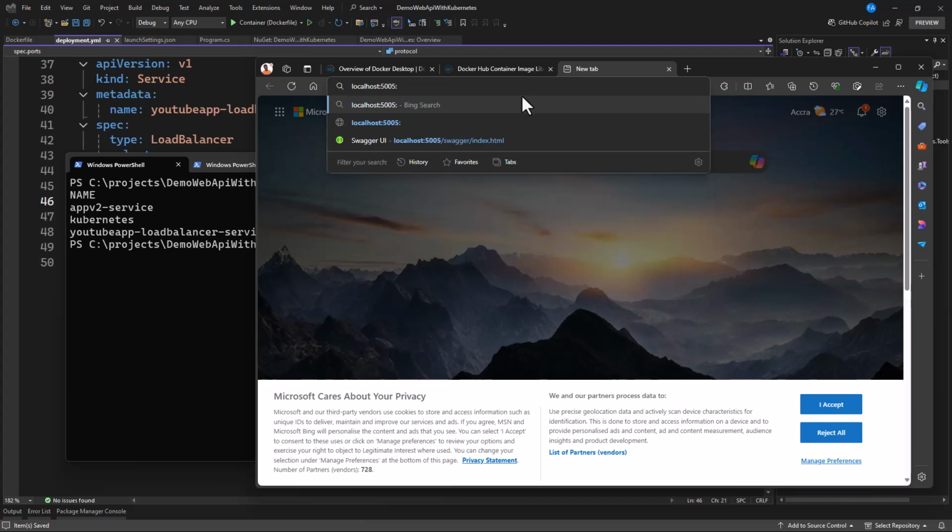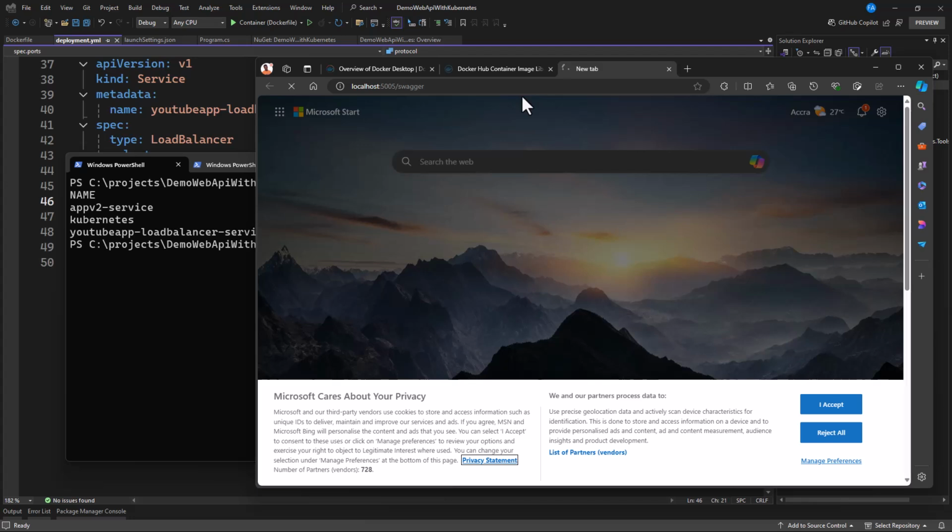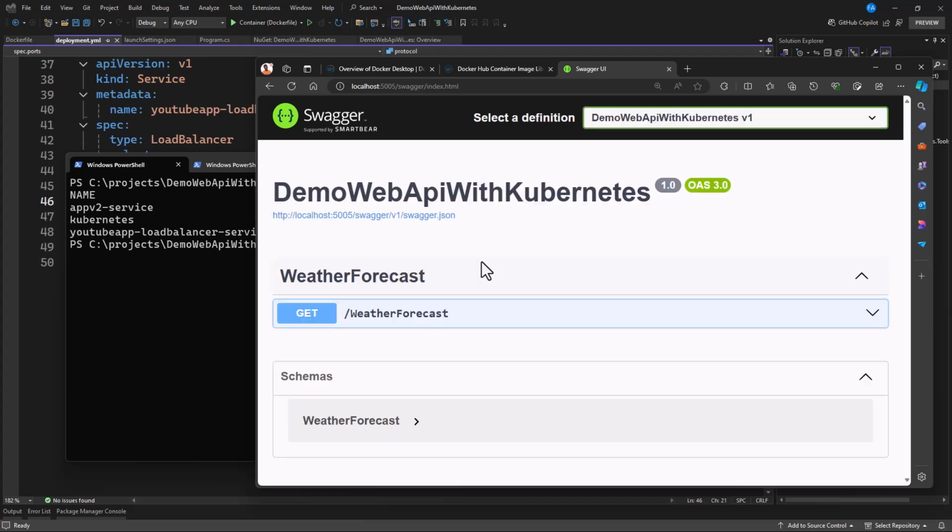Then we have our Swagger. Now let's test this out. Yes, this is working. So now this app is running by our Kubernetes and it is running on port 5005 as HTTP. So when we have a lot of requests, this Kubernetes is going to scale this up. You know, we provided 3 replicas, so it's going to scale this. And as soon as the requests become intense, it's going to share these requests among the replicas which have been created.